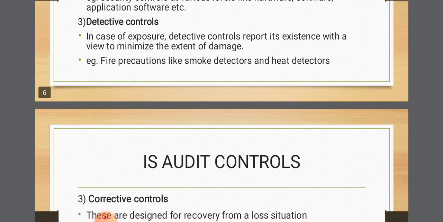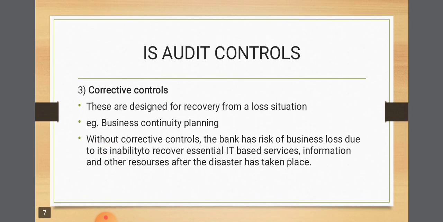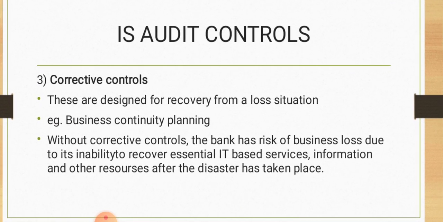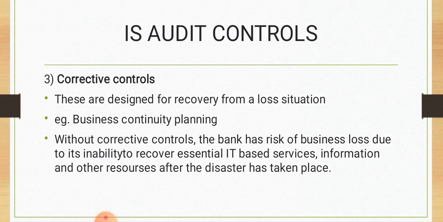Third type of, in fact this is the fourth one, corrective controls. These are designed for recovery from a loss situation. Now suppose something bad has happened, something wrong has happened, how you are going to overcome from that situation. That is what corrective control is. An example you can take is business continuity planning. This is concerned with that even if something bad happens, something wrong happens, how you are going to continue your